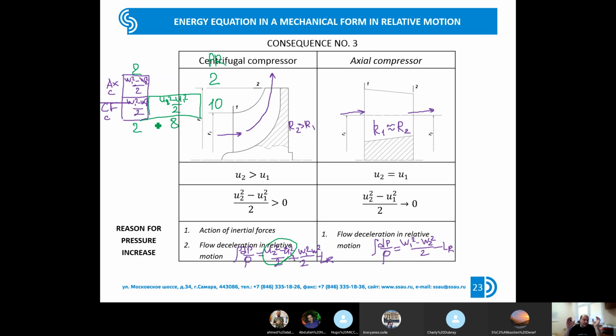You see that in the centrifugal compressor we are supplying more energy for increasing pressure. That's why finally the pressure ratio of an axial compressor is lower than the pressure ratio in a centrifugal compressor. It's a very important conclusion because it explains why the pressure ratio in a centrifugal compressor is higher than in an axial compressor. And the last idea, okay,